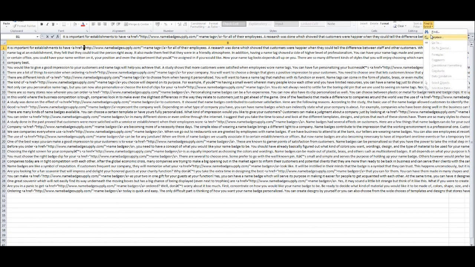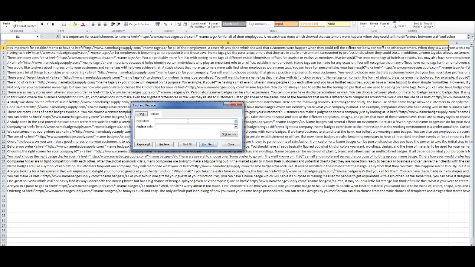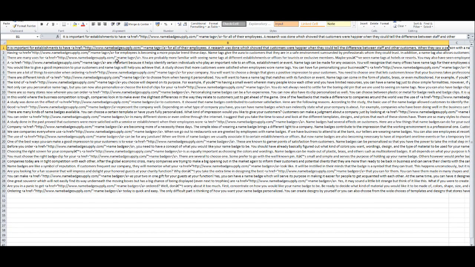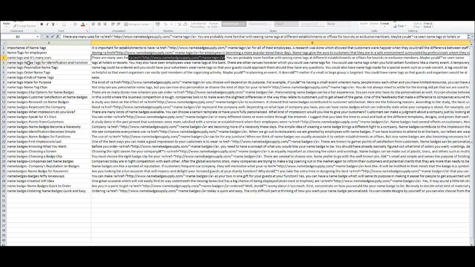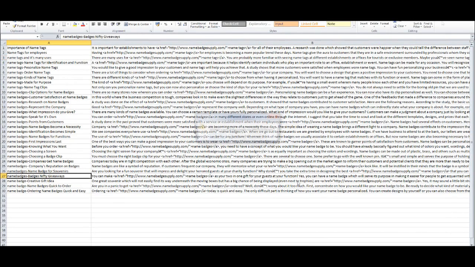Okay, go to Find and Select if you've got Excel, and you should have this function in whatever you use. If you don't, just ask the project manager and we'll help you out. Replace. You put the foreign icon there, and then you put the normal speech mark here, okay, and replace all, and they will all be replaced, okay. And if you have any problems, you can just contact the project manager or me if necessary. And these are basically 150 words, and you've got the link here, which needs to look like that, okay. Otherwise, you're going to get